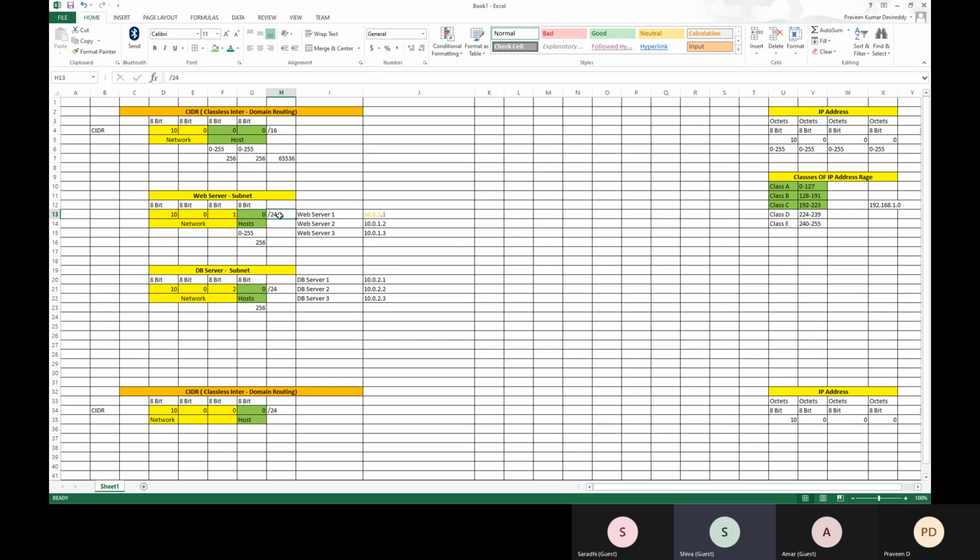You can define a maximum of 256. Even if you take the last two bytes also, you can consider 256 into 256, around 65,000 addresses you can define.